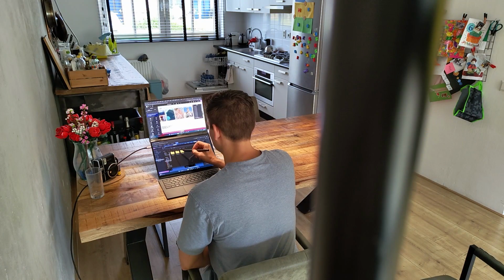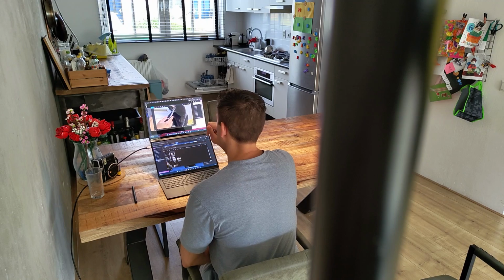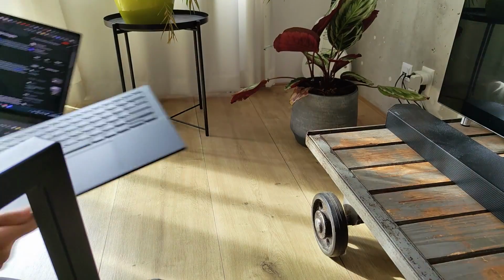It's also very useful to look up things that you're doing on one screen and to input that on the other screen so you can still see what you're inputting. So that's very, very useful here. It is also still pretty lightweight and very easy to take with you and then just fold out,